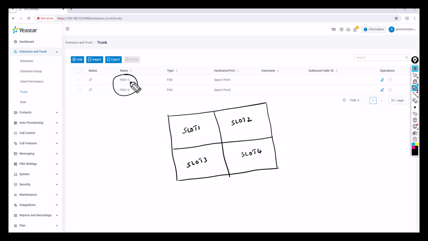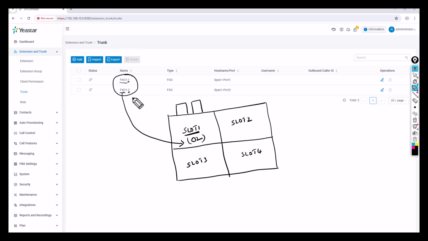And here you can see it's showing FXO1-1, FXO1-2. That means slot number 1 belongs to port numbers 1 and 2. Here I kept one O2 module. That's why it's showing FXO. FXO is indicating that O2. O2 is nothing but FXO, Foreign Exchange Office.